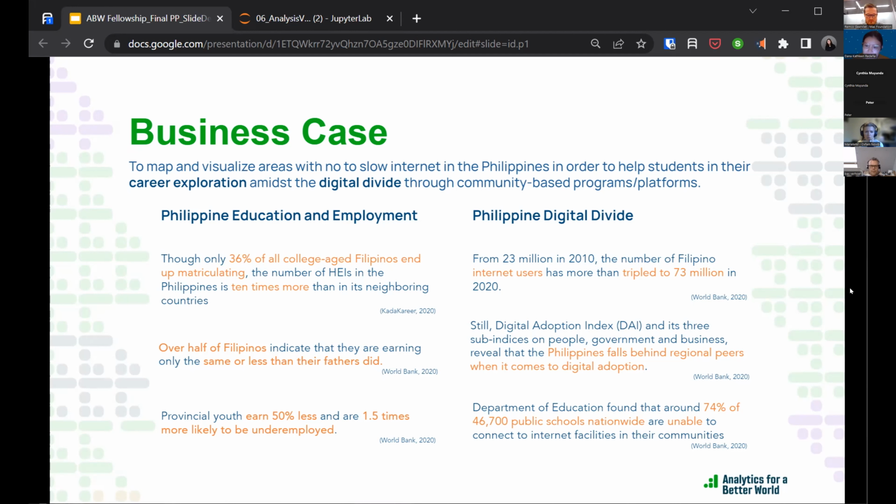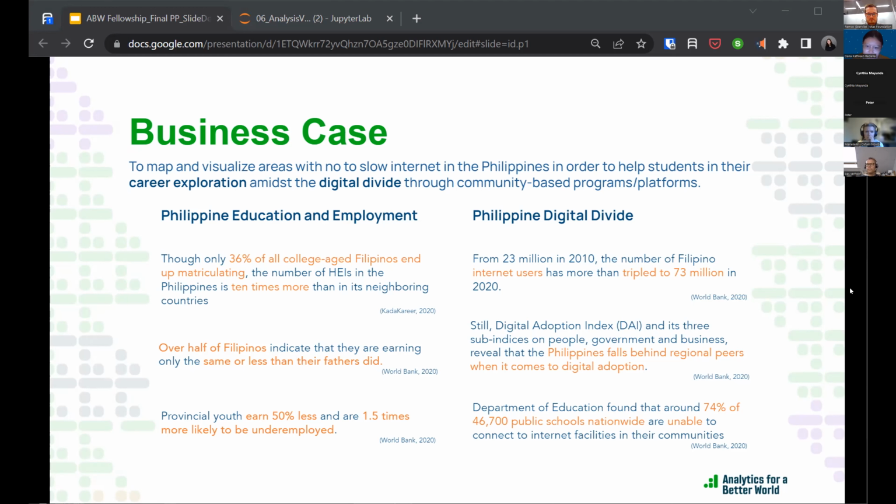And in terms of decent work and being able to bridge intergenerational poverty, over half of Filipinos indicate that they are earning the same or less than their fathers did. And rural areas in the Philippines earn less, amounting to around 50%, and are 1.5 times more likely